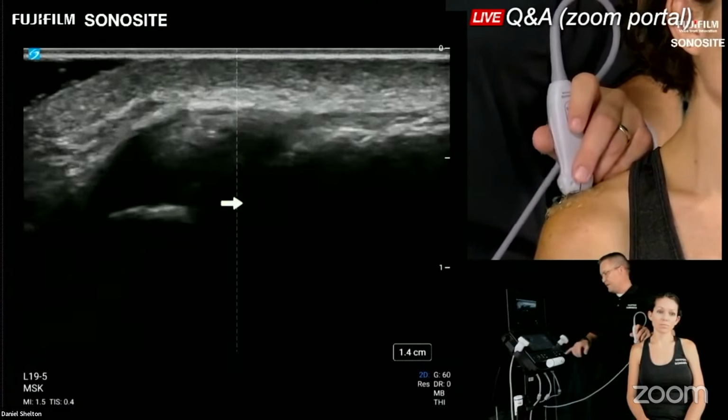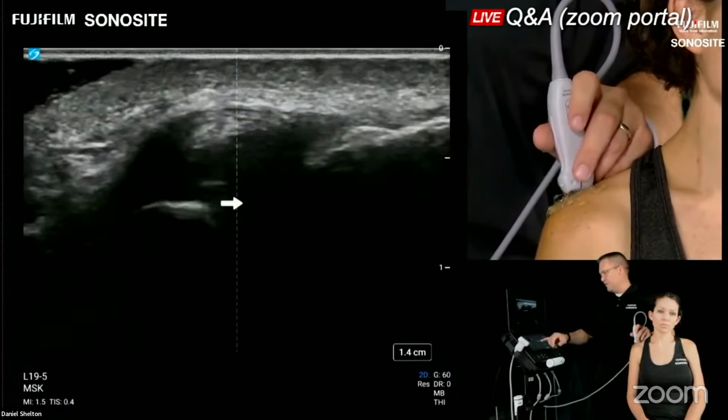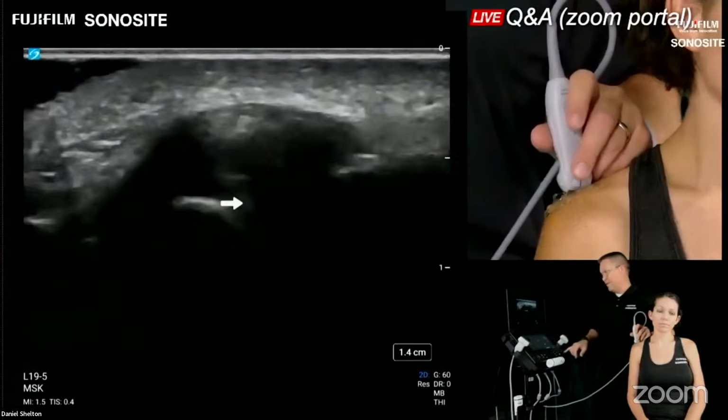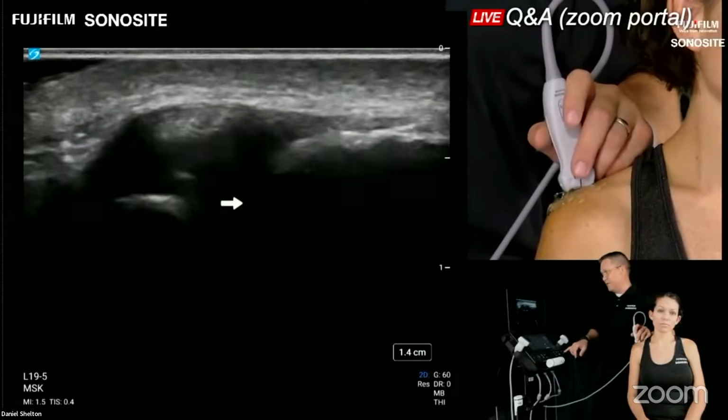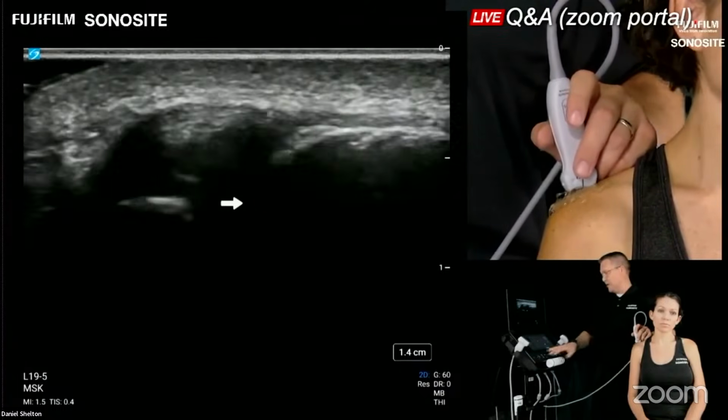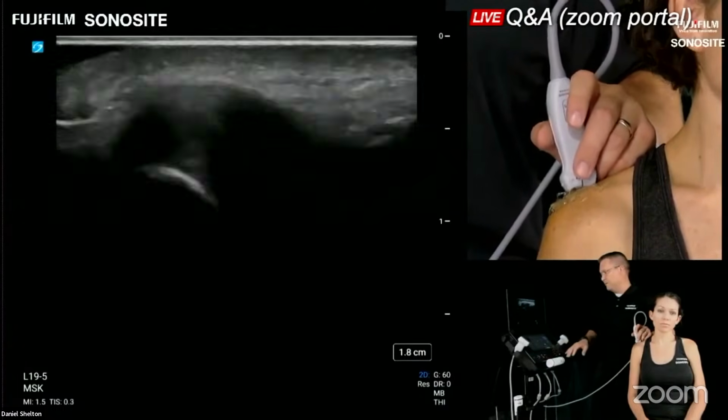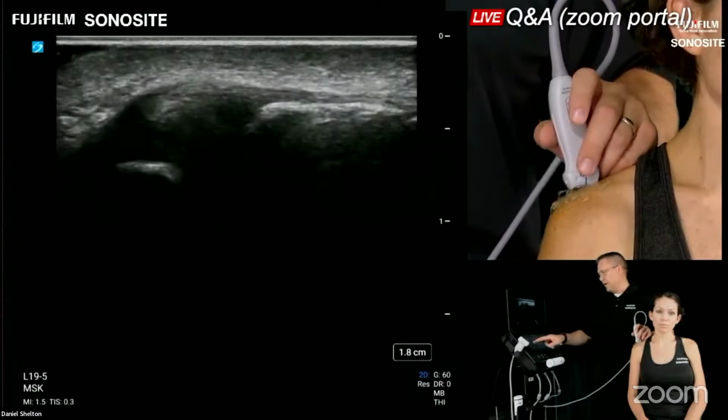So from an AC joint standpoint, that is the extent of the exam, really. There's not much to see in cross-section of this joint, and so it's not typically done. I'm going to go back to my